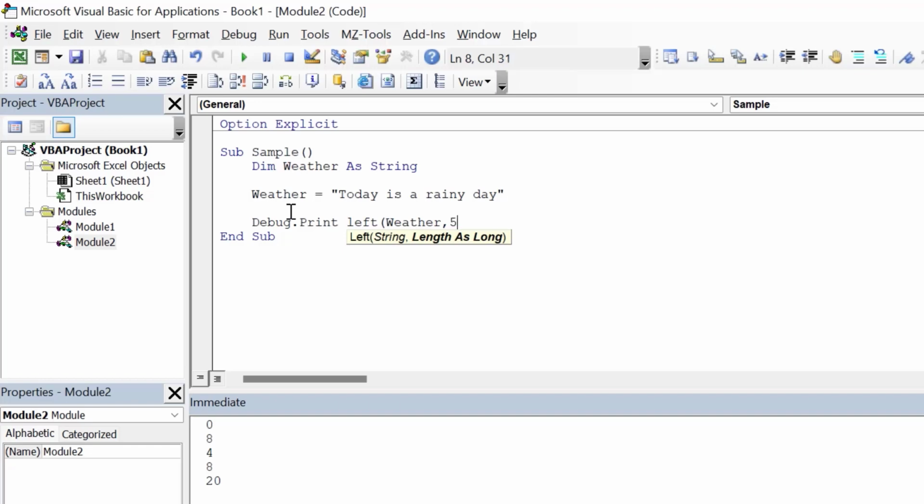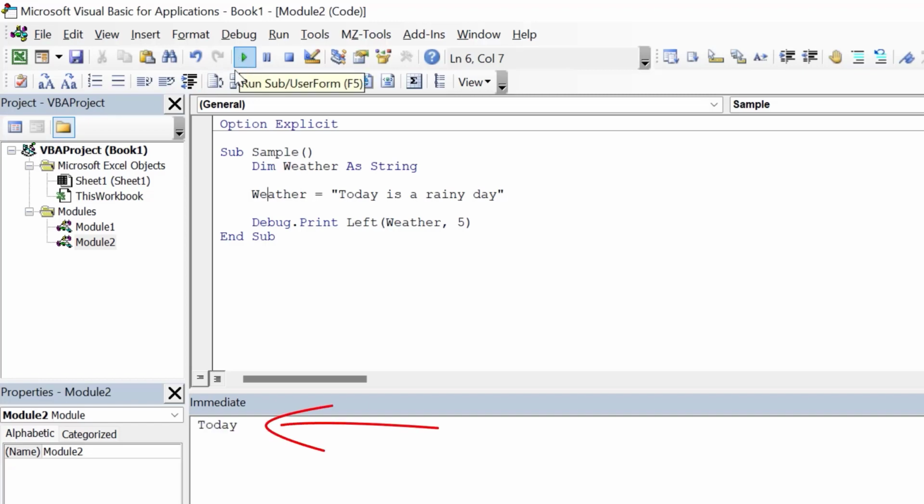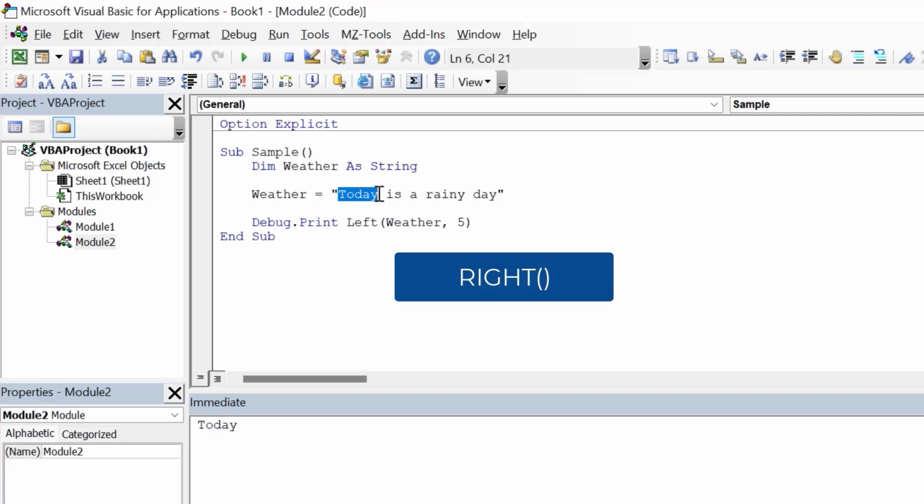So I'm going to type 5 and close the parenthesis, and I'm going to clear the immediate window. Now when I run this, see what do I get? I get today. So what Left is doing here is extracting 5 characters from the left side of this string. Just like we have the Left function to extract characters from the left, we have the Right function to extract